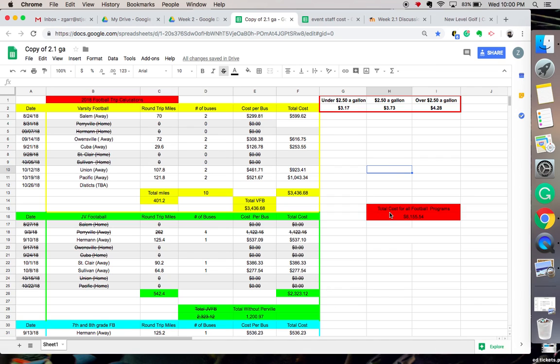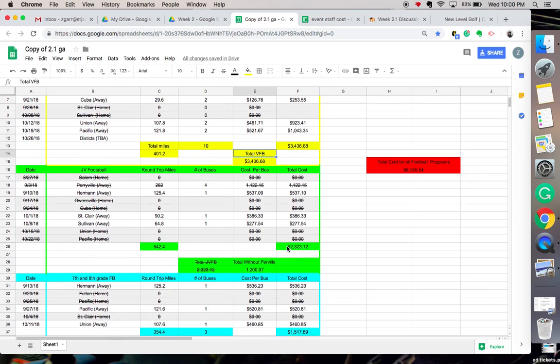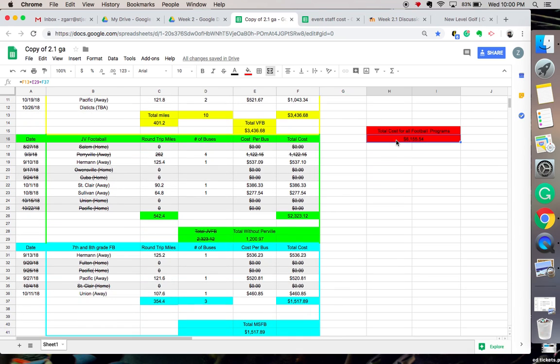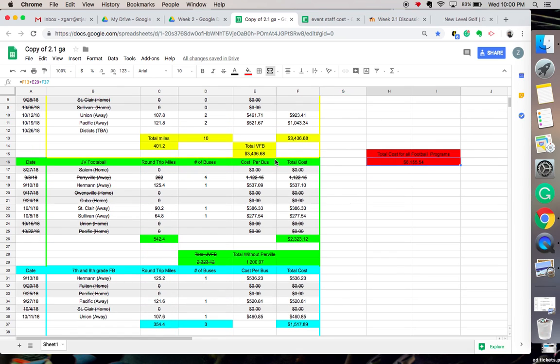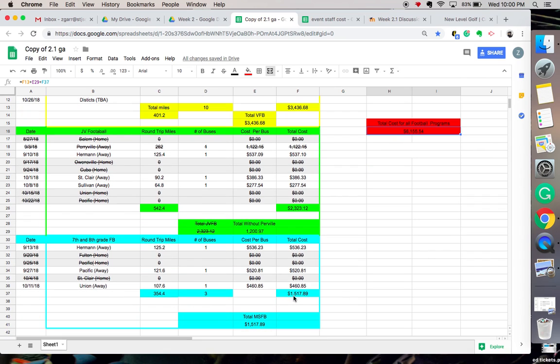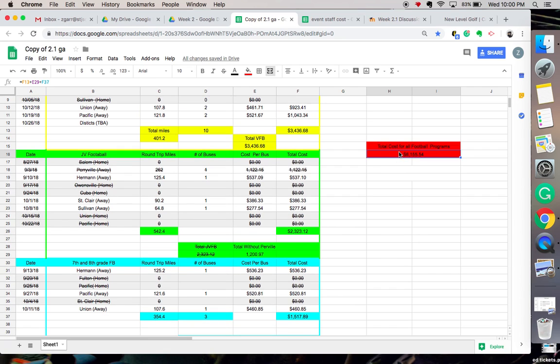I ended up putting each of these cells to give me the total cost also in here, so if my total ever changes, it will update. So I did equals cell F13 plus F-something plus E29 plus F37, which are our total cost cells, and that ended up giving us the total cost for all football programs, which is